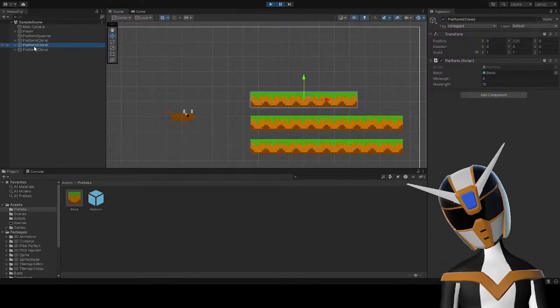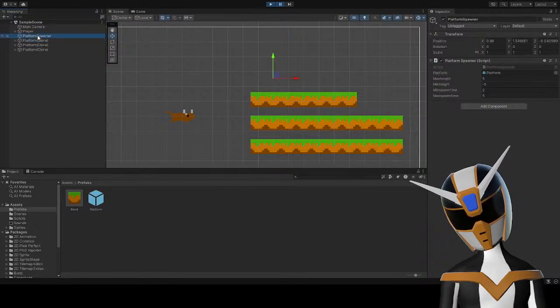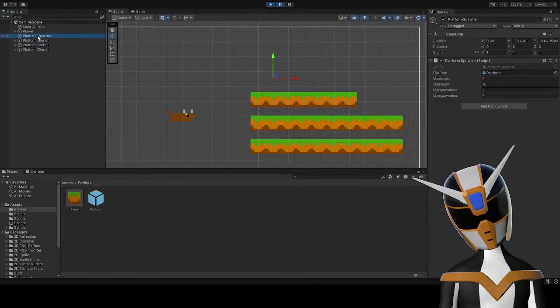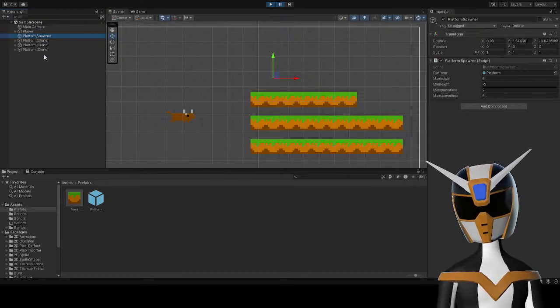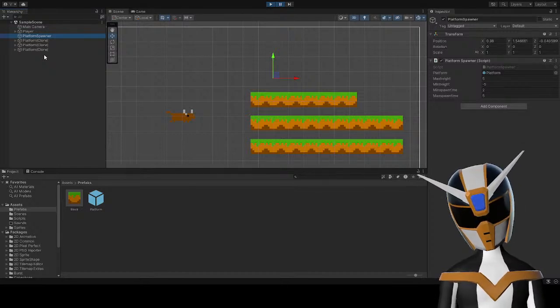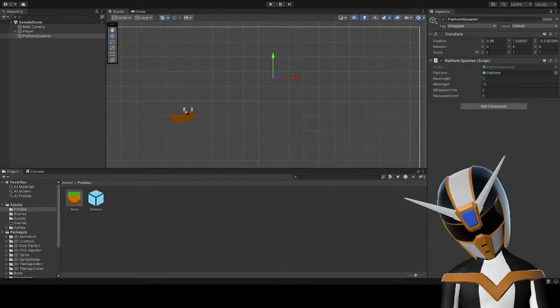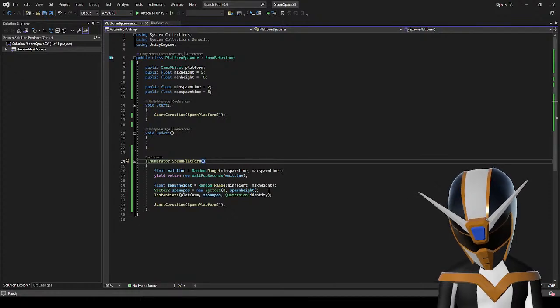This doesn't make any sense to me. What coordinate is this at? Why? Why is it not spawning them at different heights? I'm so confused.